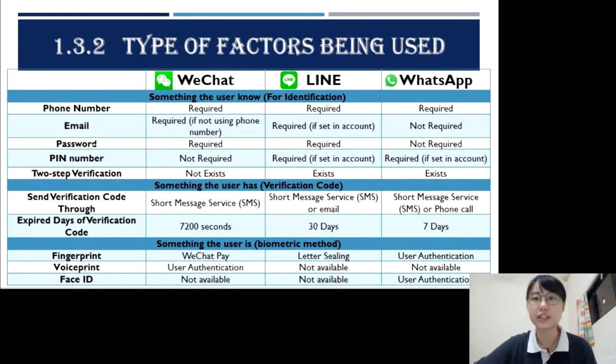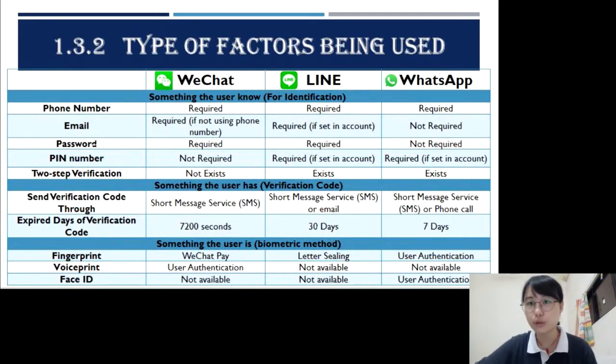Even though they are using the same factor authentications, they have different ways to authenticate the user and access control solutions. So the first one is something the user knows. Something the user knows is the most common identification factor for most social media nowadays, which consists of a username or identification number with a password or personal identification number to identify each user of the applications. In WeChat, the application requires the user to log into the system by entering their phone number as an identification and the